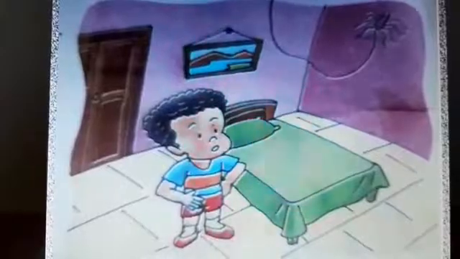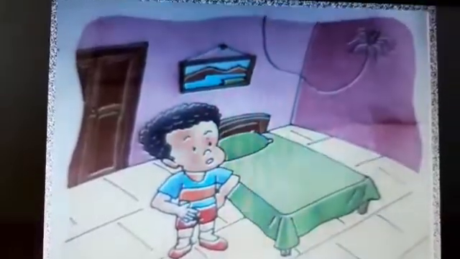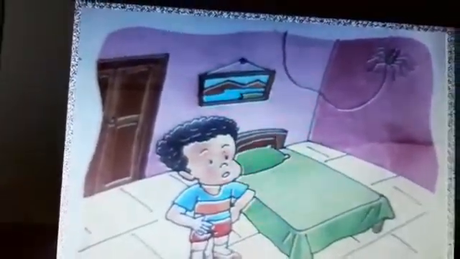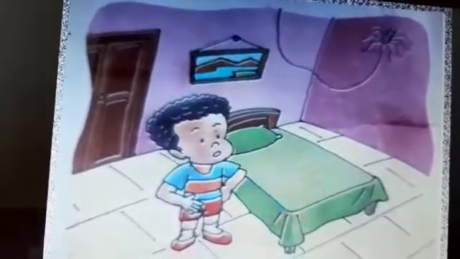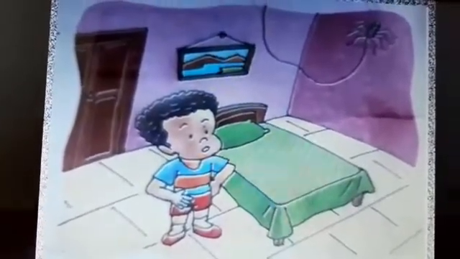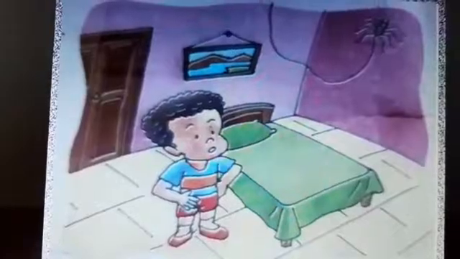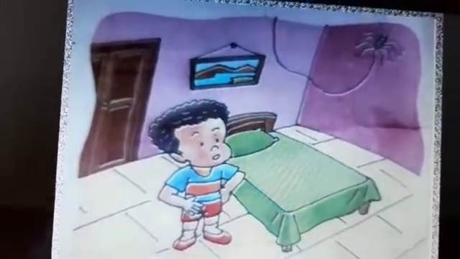Then see what happens. Now Tom is standing in his room and he looks at the roof. Yes, we have already understood roof. Okay, so he sees a spider there. Can you all see this spider? Oh my God, the spider has made a loop.